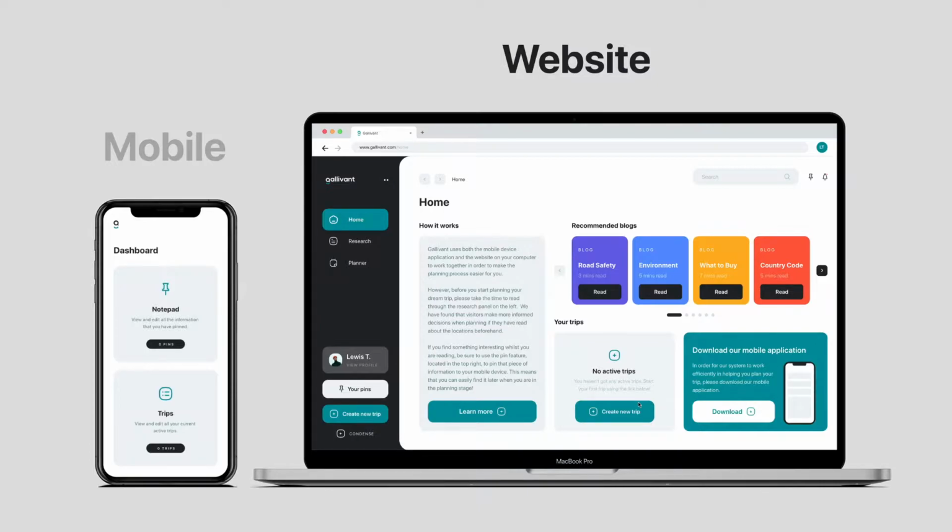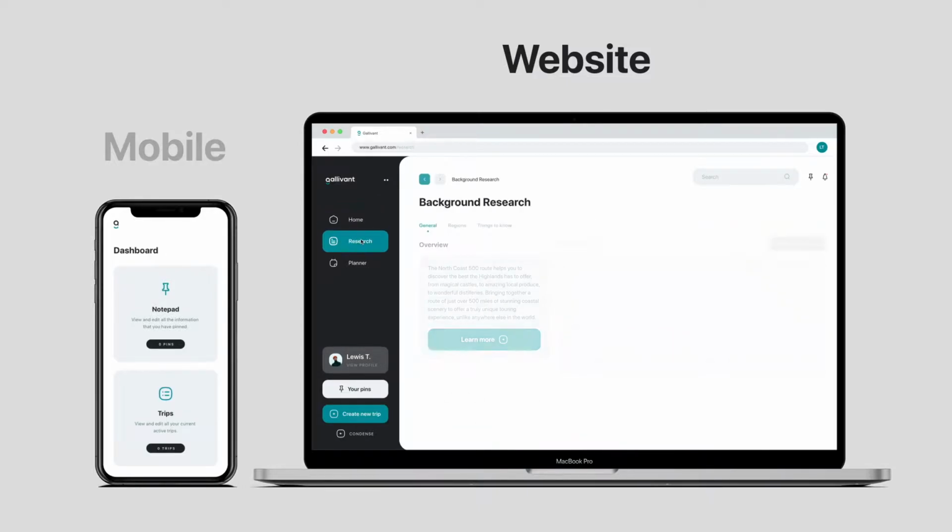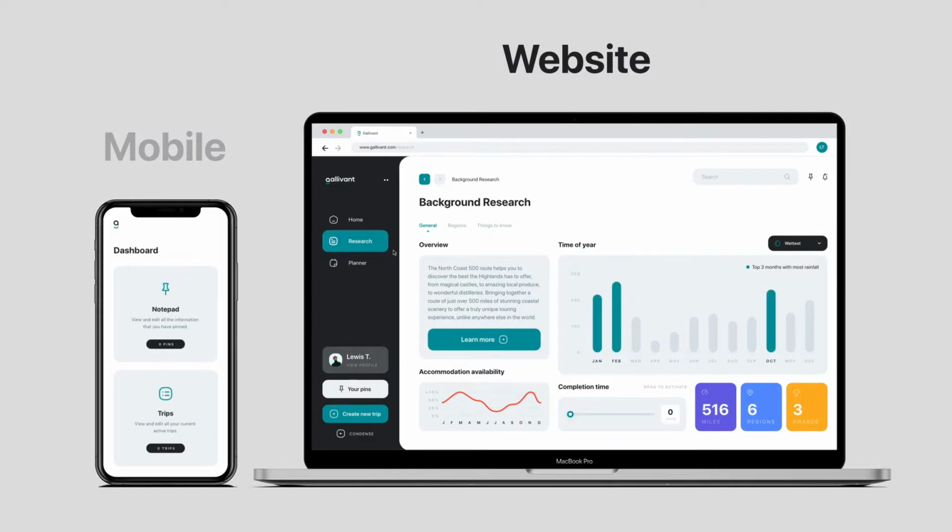Once familiar with the homepage, the user can move on to the background research tab on the left-hand side. Here, they'll have access to all the information needed to plan their trip. They can read an overview of the route, view a graph on when accommodation is most commonly available, or interact with a slider that displays information on how long their trip should be, labeling the trip length either short, good,